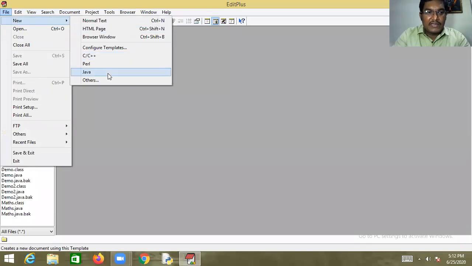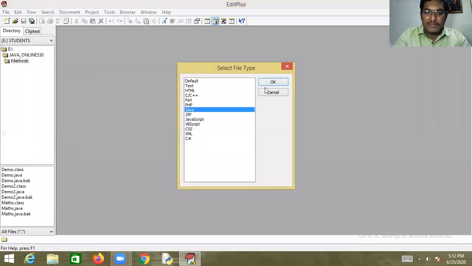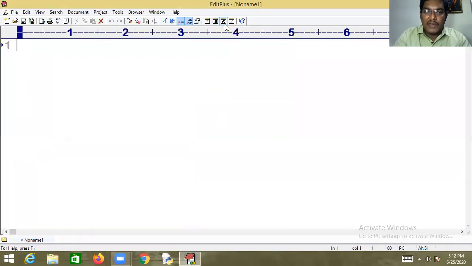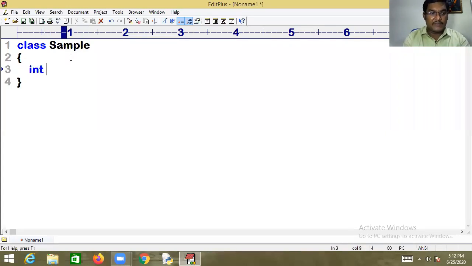Ladies and gentlemen, you need to pay more attention to this small example. If you are really clear with that, making you understand the next topic is not a great matter for me. So here is a class, and the name of the class is Sample. Be careful: here is an integer x. Integer x is an instance field.